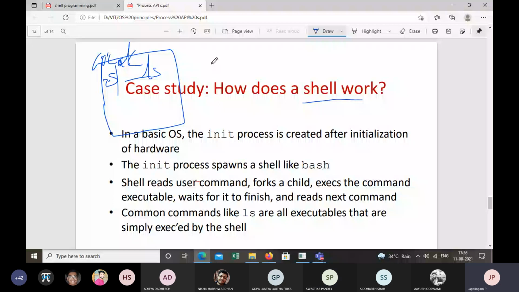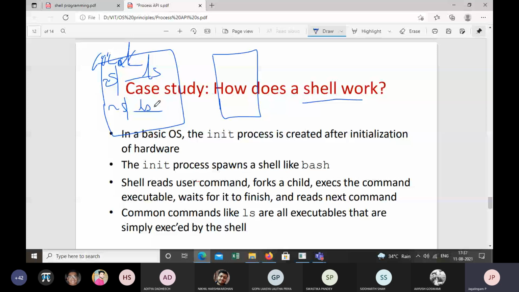When we use CoreCalc or any terminal, you have this tilde and dollar symbol, which is prompted by the shell every time for the user to type the command. When this symbol appears, the user types something, let's say the ls command, then the shell creates the child process.